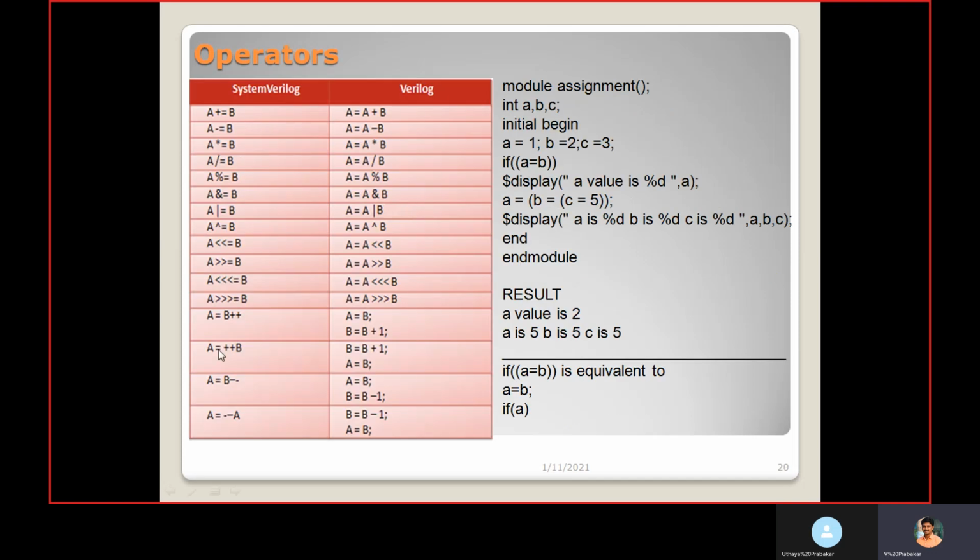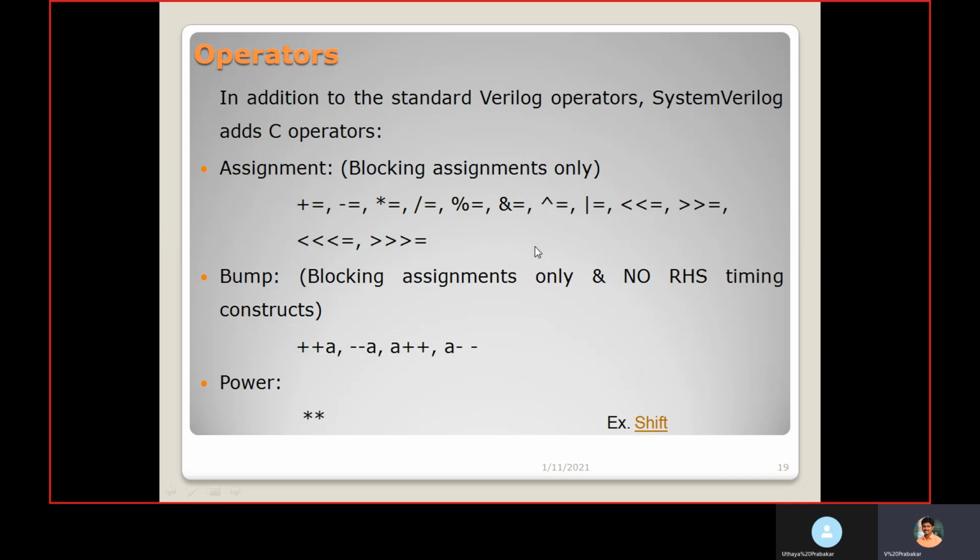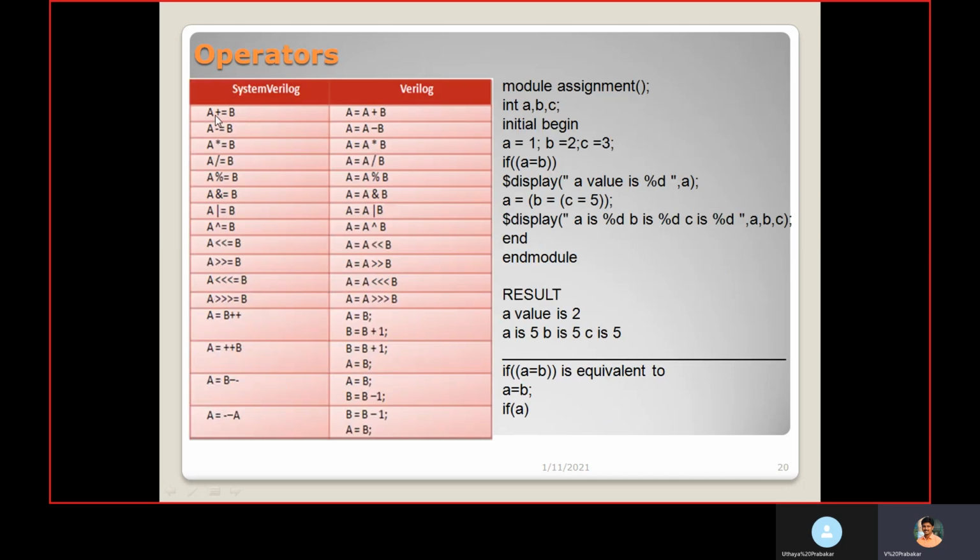So these are all the operators I mentioned here, right? In SystemVerilog, if we represent it like this, it means that in Verilog we are representing A equal to A plus B. Instead of that, we can mention A plus equal to B. These both are similar. If you mention A equal to B plus plus, that means A equal to B happens first, and then the B value gets incremented. When you give A equal to plus plus B, the B value gets incremented and then it is assigned to A.